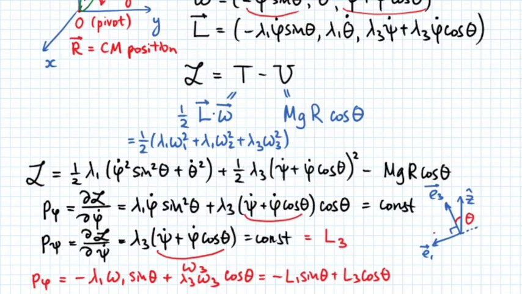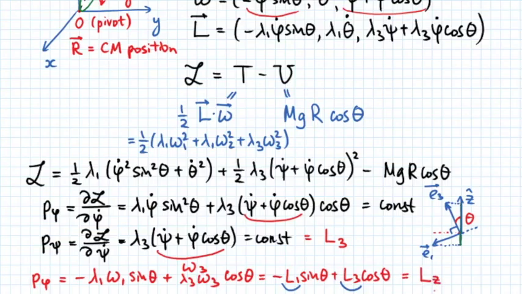Here we can notice that component L1 times sine theta with a minus sign gives us this little projection here, whereas component L3 times cosine theta gives us this projection along z. So by combining these two together, what we get is nothing other than the projection of vector L along z